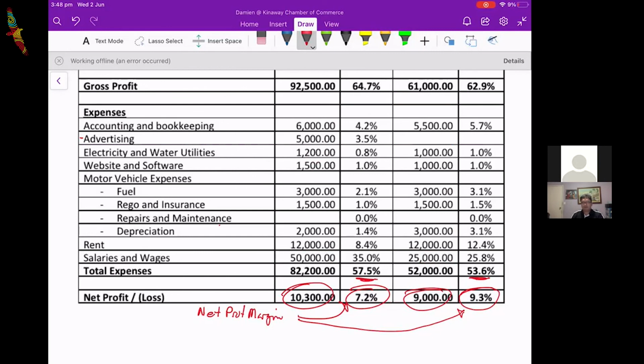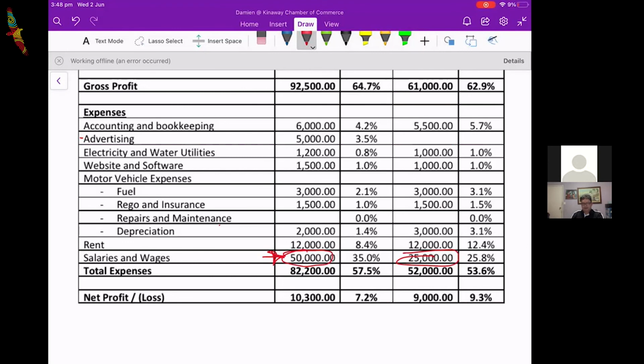But remember this, our total expenses have gone up. Why have they gone up? This is why. One of the main reasons is because her wage has increased from $25,000 last year to $50,000 this year. Now, that's money that Mary is paying herself. Now, again using an assumption, if Mary's the one who owns ABC Company 100% of all the shares, then what she is doing is paying herself a wage, increased her wage by the $25,000 to pay herself,